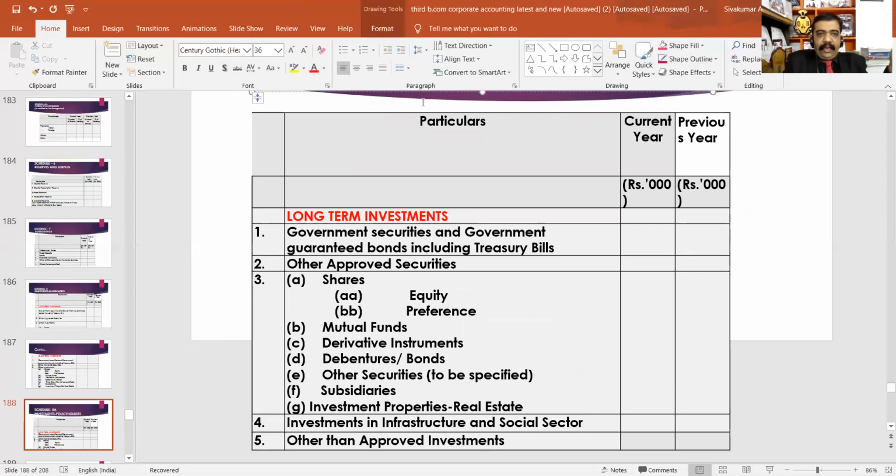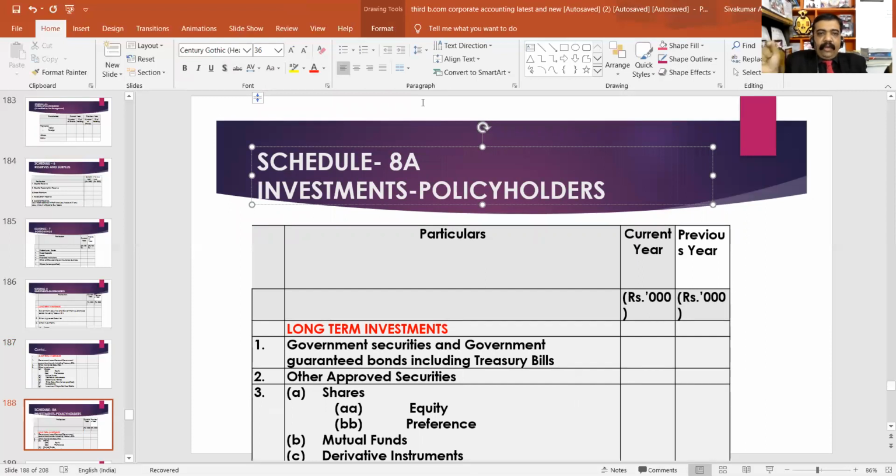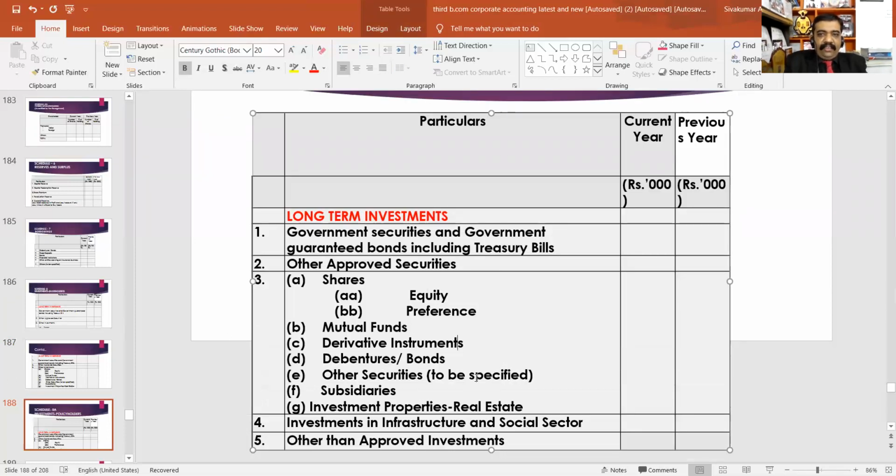Please wait, I may show the heading. Please look at the PPT. Schedule 8A, investments, policyholders. Here you have to include the details about investments for policyholders. First of all, you have to include long-term investment details: government securities and government guaranteed bonds, including treasury bills, other approved securities, then other investments that may be equity shares, preferred shares, mutual funds, derivative instruments, debentures or bonds, other securities, subsidiaries, real estate property, investment in infrastructure and social sector,